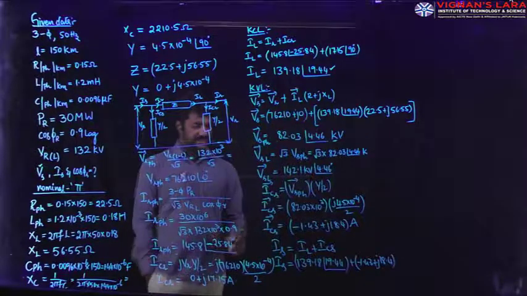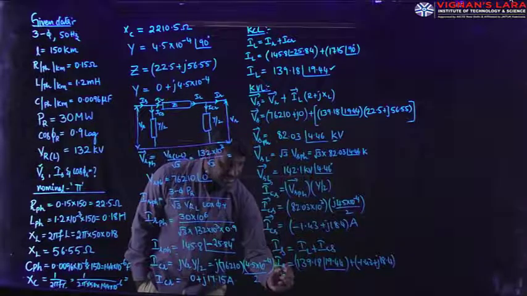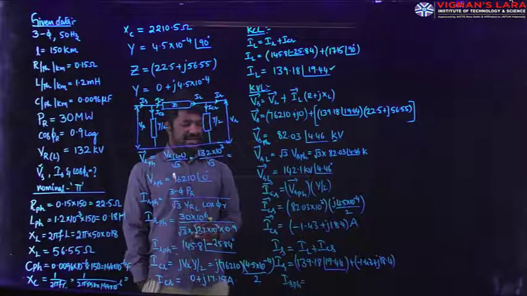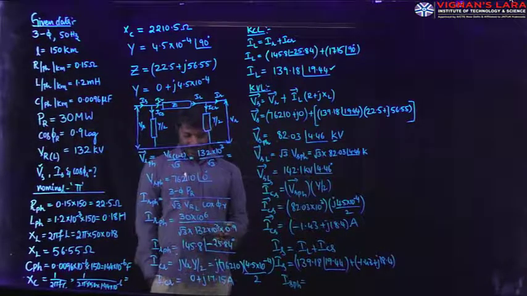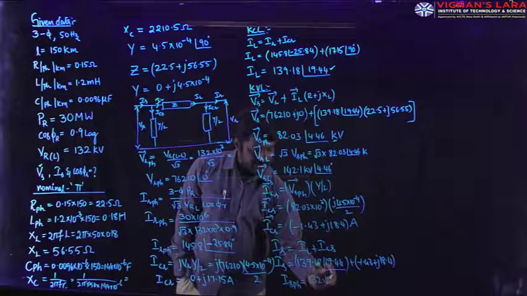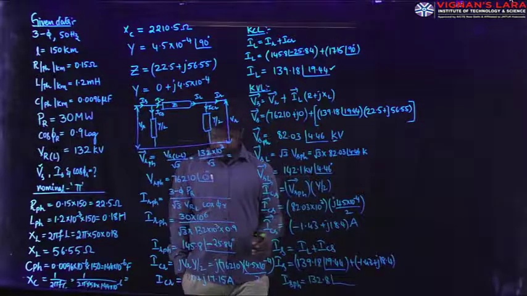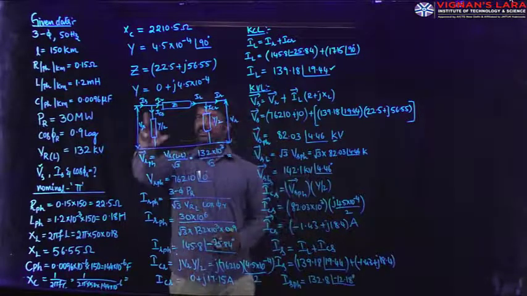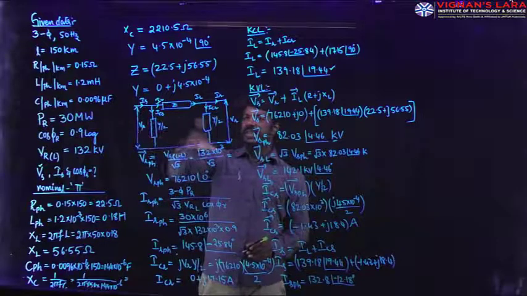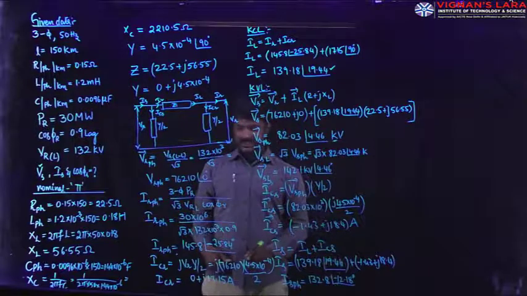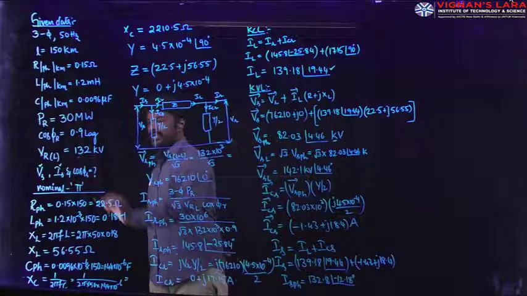If you simplify this, then we get this IS as the sending end current. Per phase value itself is equal to line value, because in star connection I phase is equal to IL. We get the magnitude of the current as 132.8 amperes, which makes an angle of minus 12.18 degrees. This much amount of lagging current can be observed on the sending end side with reference taken as VR. This is the IS phase angle, where we got this value also.